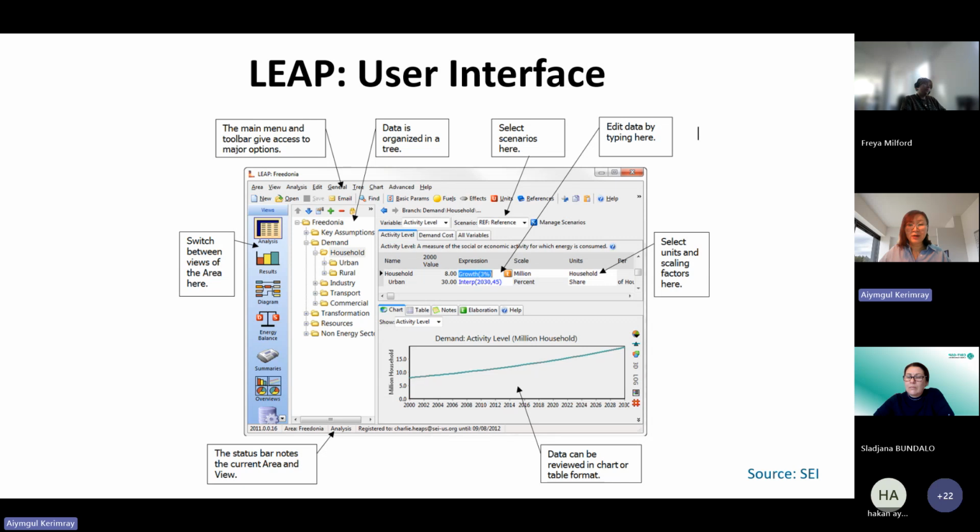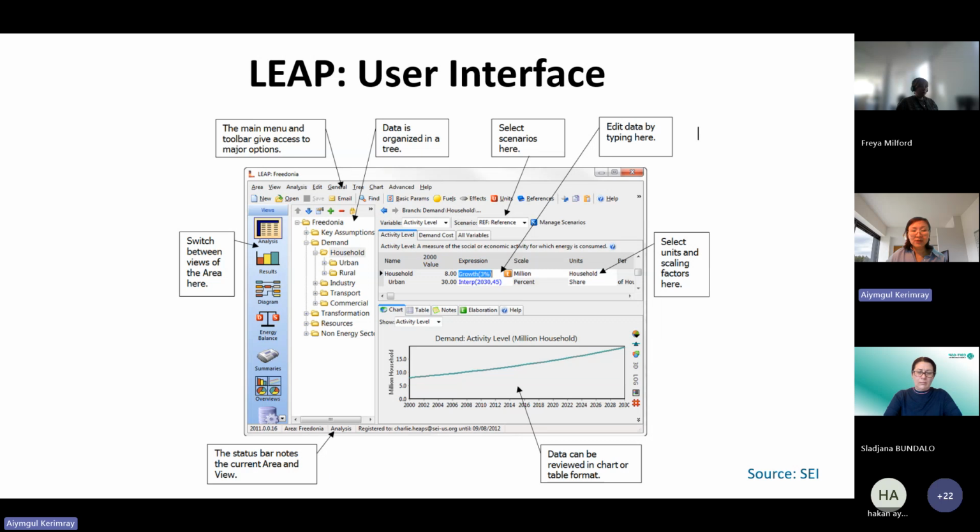And the user interface is very good. So you can see on the left hand side, this is the typical branch structure of the LEAP model. The demand side, the transformation, resources, non-energy sectors, and the user has to add different branches to further disaggregate this model. And it's very flexible too. So when we only start with the LEAP model, we can create very simple structures so that we provide less data. And then with time, you can add more functionality, more different branches, and make a more disaggregated tool. So it's very flexible. It can start with a very simple structure with a very limited amount of data, and then further